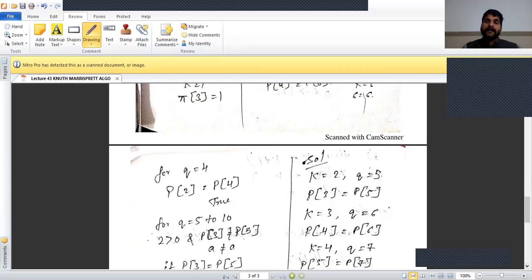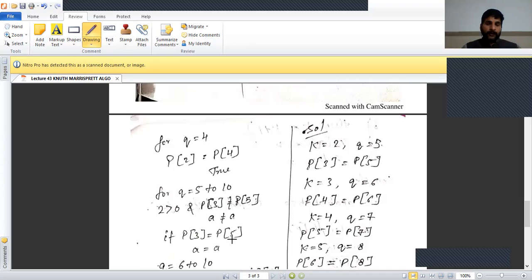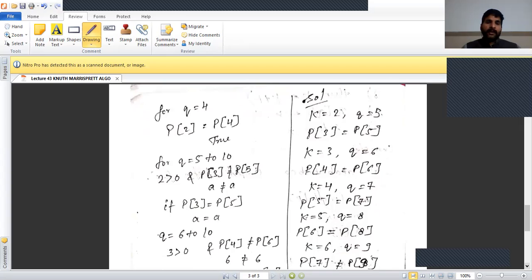Then if condition is true, p3 equal to p5 and a equal to a, so k is increased by 1 and the value of k equal to 3. Next k equal to 3.